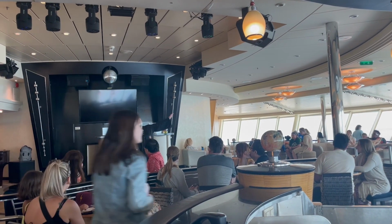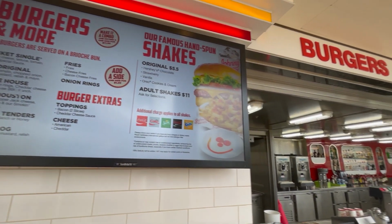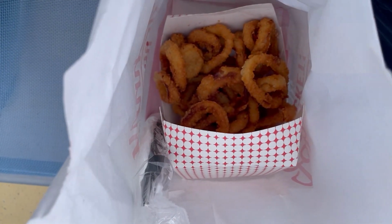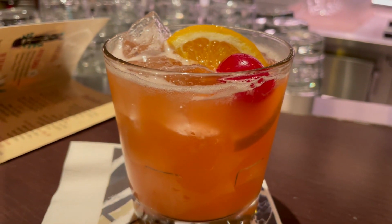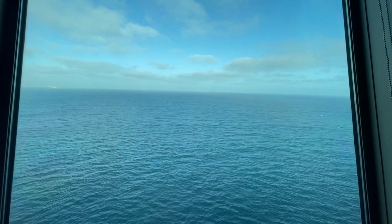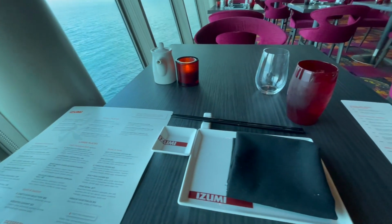Next, I tried and failed at Harry Potter Trivia. Checked out some onion rings over at Johnny Rockets. Didn't want a burger, but with the unlimited dining package, you do get like a $20 credit at both Johnny Rockets and Playmakers. Decided to use some of the drink package over at Trivia again for an old fashioned, and just enjoyed some of the views out at sea as I began my meal for dinner at Azumi,